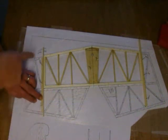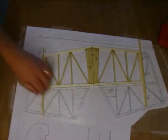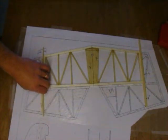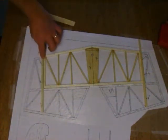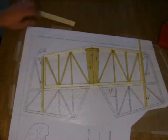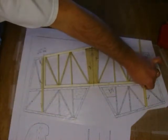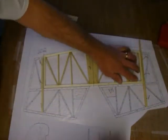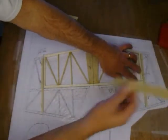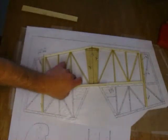I'm going to start with the inside pieces of the elevator, I guess I should say the outer edges of the elevator, and we're going to do those two inside pieces first, so when we lay the center piece down you'll have plenty of space and we can take that stabilizer right out of our way for the rest of the build. So right now I'm going to pull the spacers out for the two side pieces that I put in. I've already done the right side earlier. So now I've got a 1/16 inch gap in between it,